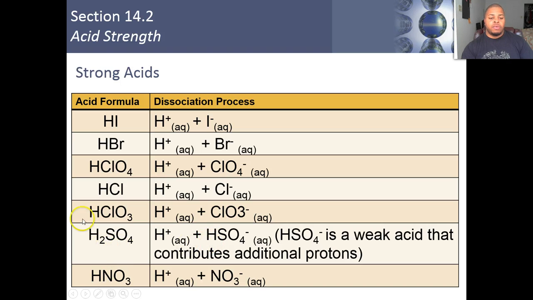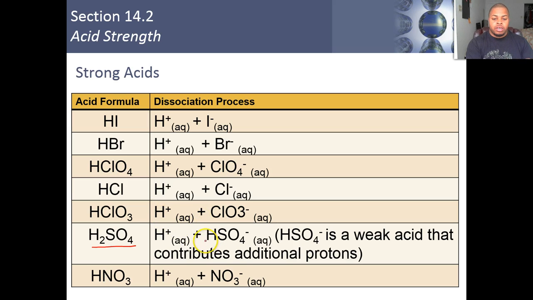Note here that H2SO4 is not breaking down immediately into 2 hydrogen ions with a sulfate. It's actually breaking down into a hydrogen sulfate ion. Okay? Now, it's a weak acid that can continue to contribute those additional protons because it still has a